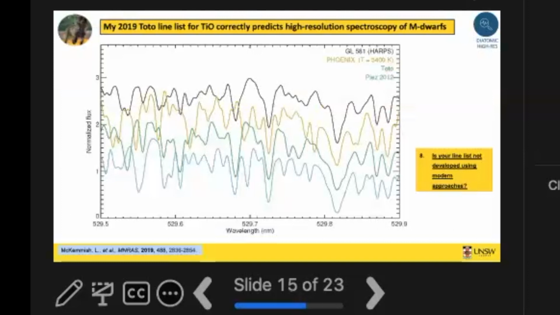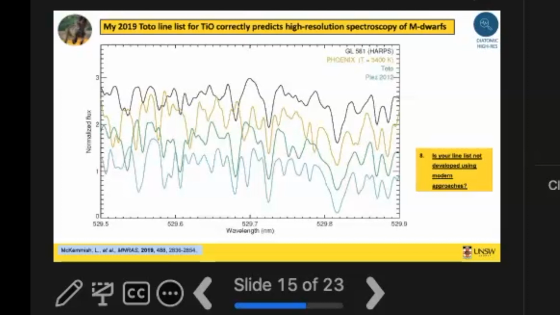So if you use experiment and computers properly, this is the 2019 line list I produced: that green is going up and down with the black. Good, we can use the green to find TiO. What was a bit surprising to me was that the orange is bad, but this blue data was produced in 2012, before the original paper. That's not bad. I'd like to think the Toto, the one that I produced, is better. Otherwise, why did I produce it? But honestly, they used the wrong line list because they didn't understand the technical subtleties of what they really needed for communication.